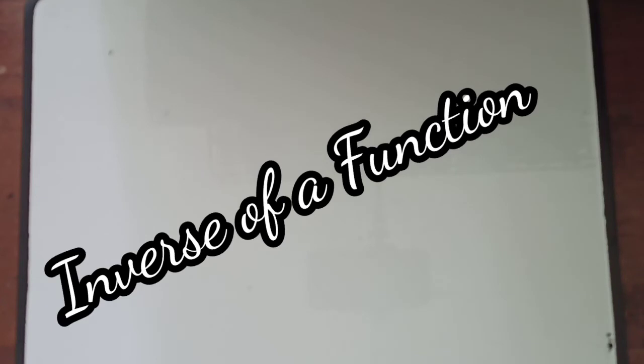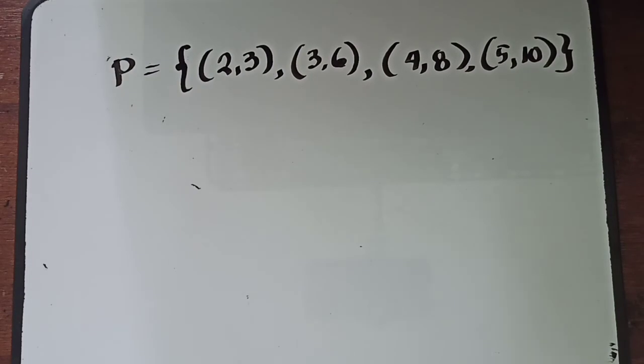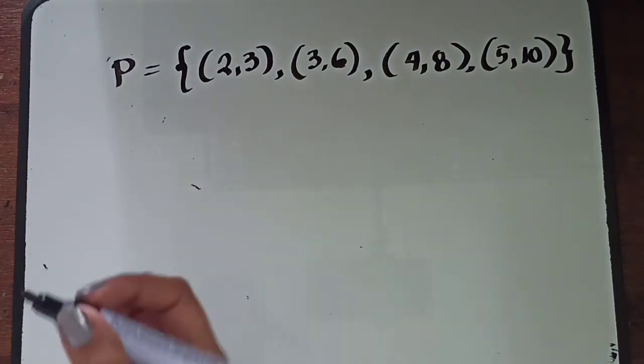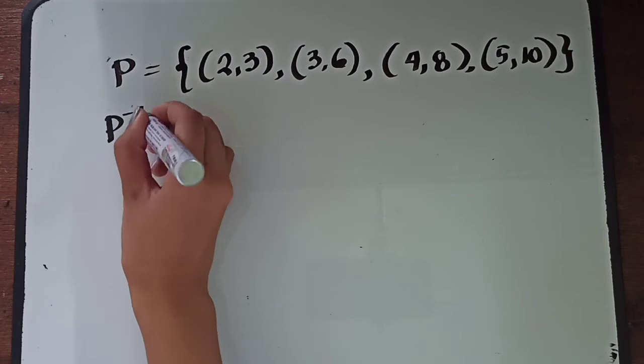Okay, so now we will get the inverse of a given function or given relation. To get the inverse of a given relation, you're just going to interchange the values of x and y. For example, if I have this set of ordered pairs, P is equal to (2, 3), (3, 6), (4, 8), (5, 10). Since this is a function, kasi walang naulit na value ni x, the inverse of P is